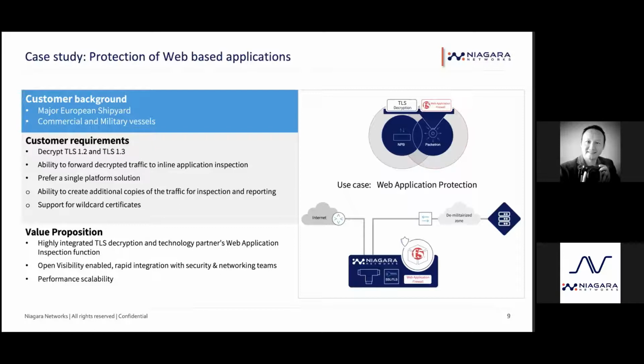So what we've done here is decrypting the ephemeral keys, so the stronger encryption methods of TLS from TLS 1.2 and obviously TLS 1.3. What was important was the ability to forward the decrypted traffic to an inline inspection engine, but also the customer preferred to have a single platform solution. So